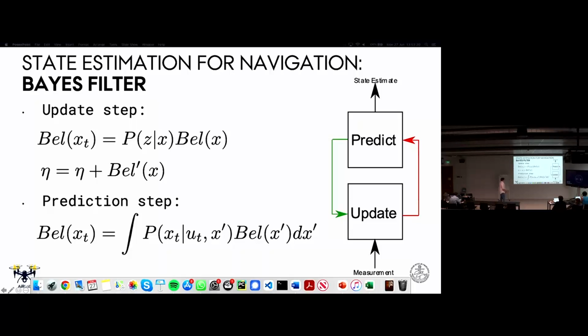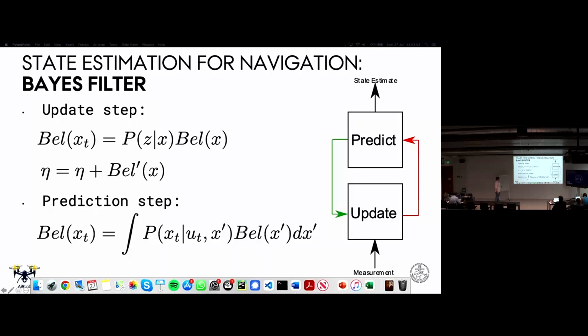And the prediction step is mostly concerned with how likely a specific action is to change the state that we are currently in, right? So if an action has an ability of changing our state, then this is going to calculate the belief that we are likely to leave, or likely to stay in the same state as we have been in the previous time step, or